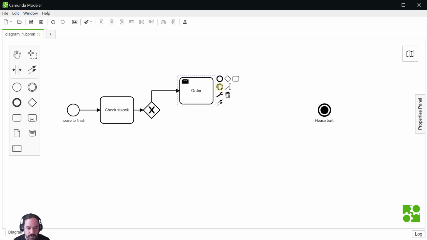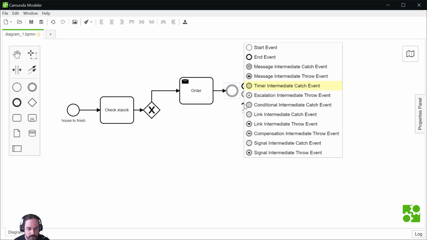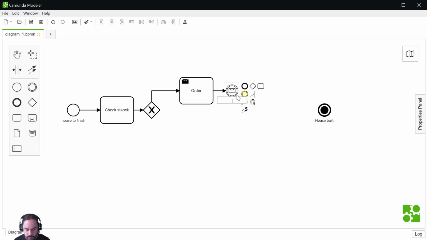It will go somewhere, and we will wait for it, and then we'll end here.